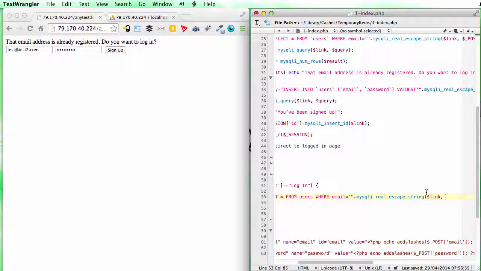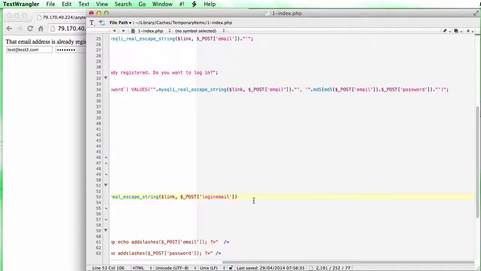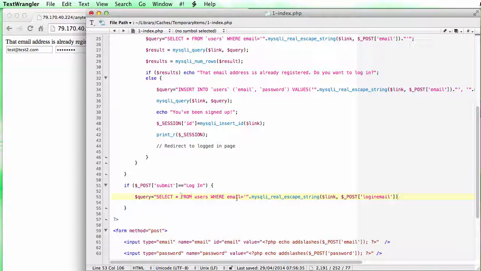Otherwise, we could have some serious problems if people want to hack into our database. And we use link to refer back to the database link that we want to connect to, and then post, and we want to use login email this time. In fact, I'll just stretch out the screen so you can see the whole thing in one go. So select star from users where email is that,